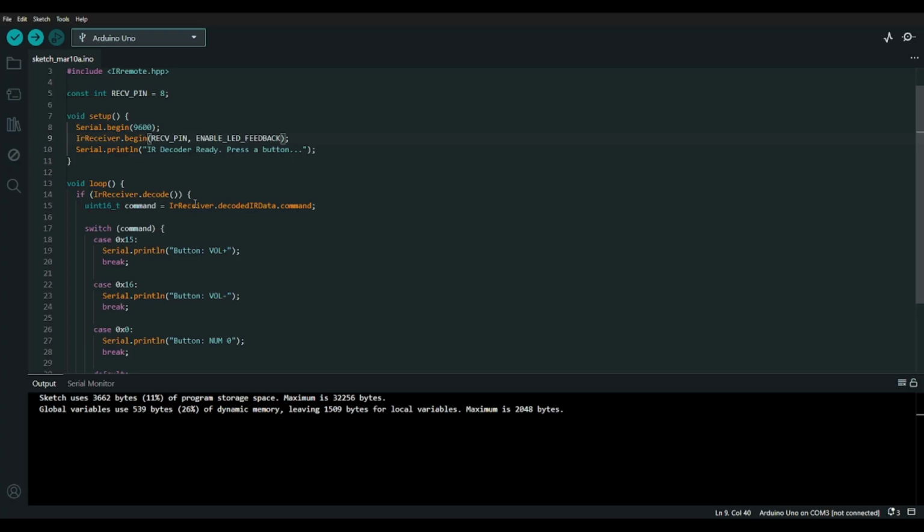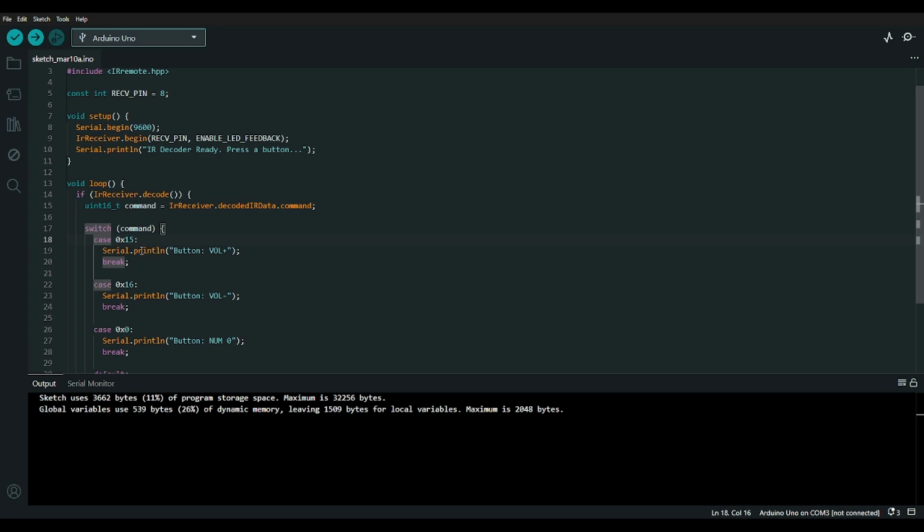And we also have the switch command here. So this acts like a fast access menu: if the hex code matches one of the cases, it prints the corresponding label, which would be this case here, 0x15.